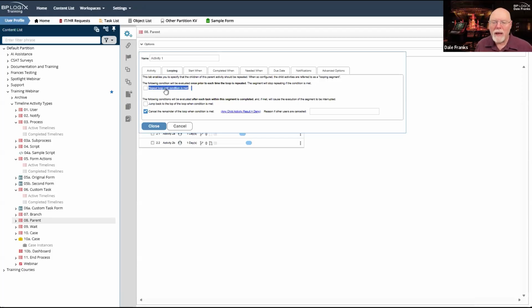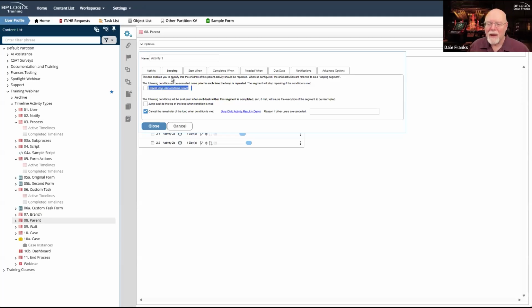The first is repeat loop until condition is met. So you set a condition, A equals B. And every time the loop completes, it's going to test, hey, does A equal B? If it does not, the loop will simply restart. And it is going to restart over and over again until you reach the point where A equals B, and then, and only then, will it exit the loop. Well, not only then, you can make it exit the loop, but we'll talk about that third.